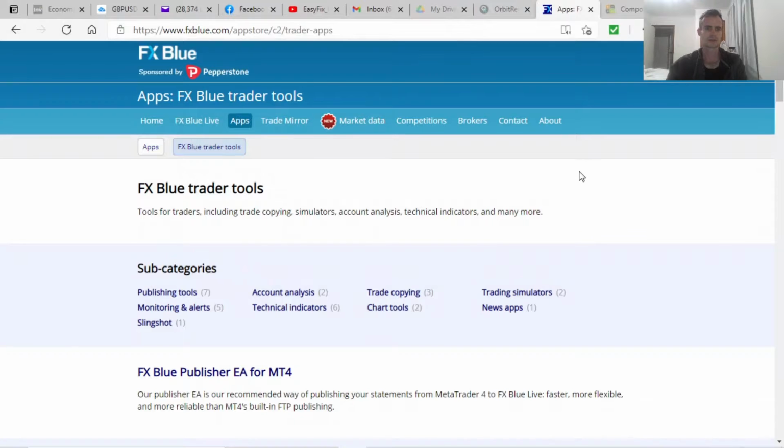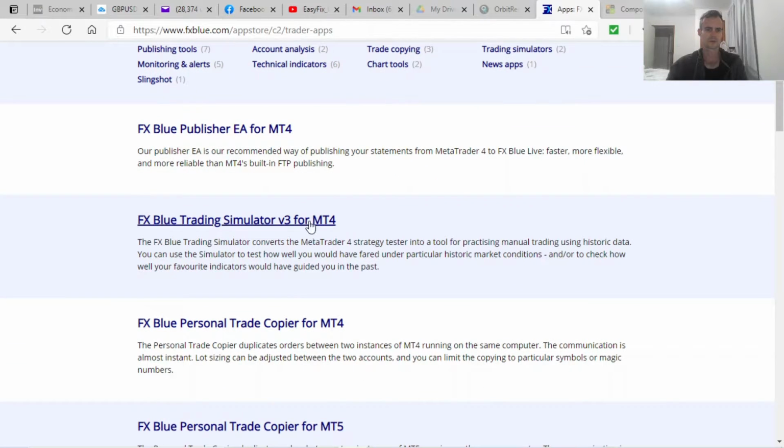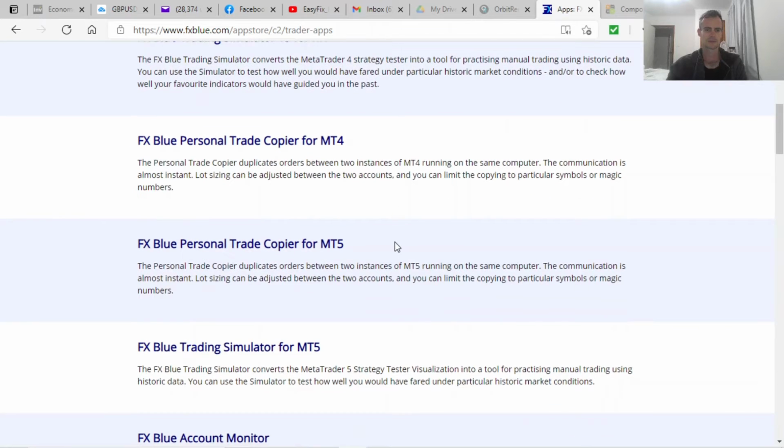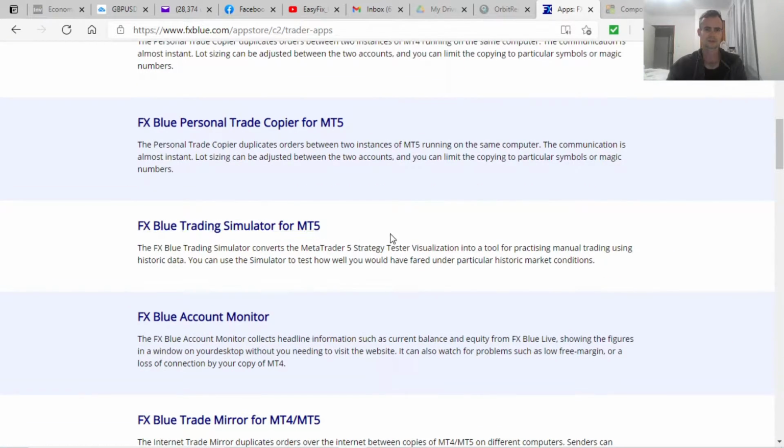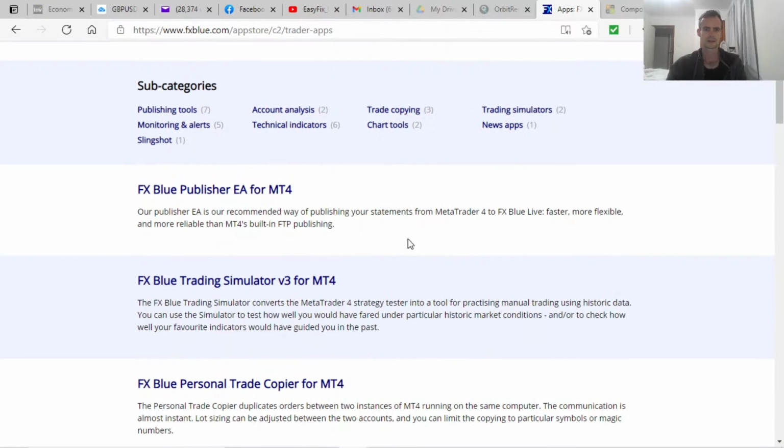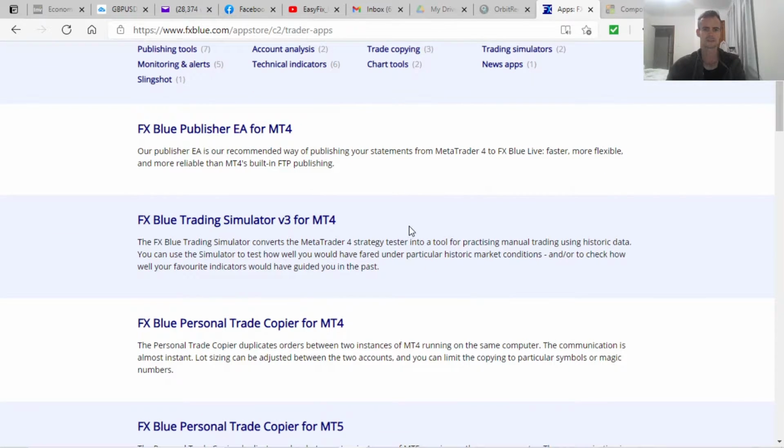So guys, once you click on the link in the description, you'll come to this fxblue.com website. So all you have to do is come here and click on the simulator over here for MT4. But if you have MT5, there's also an option here for MT5. So if you have MT5, then you click on that one. So it'll just be an installation file, and basically it's all step-by-step, all simple. So you just will go through the setup and install the simulator onto your MT4 or your selected platform, either